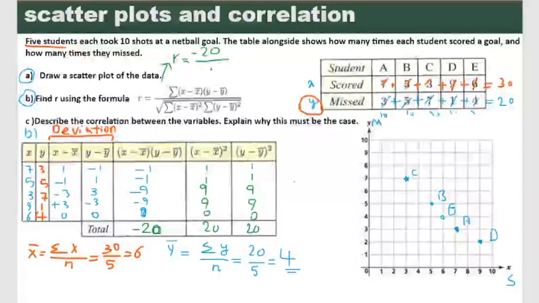Now for the denominator, I have the square root of the first one, the sum of this deviation when I raise to the power of 2, which is here. So I write here 20